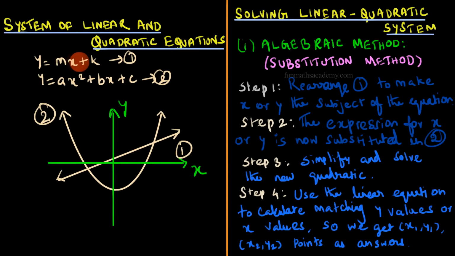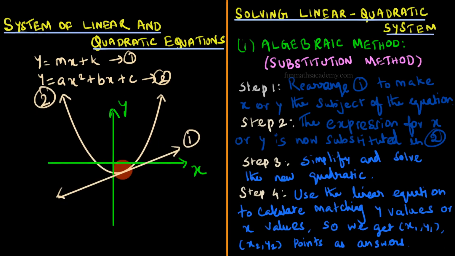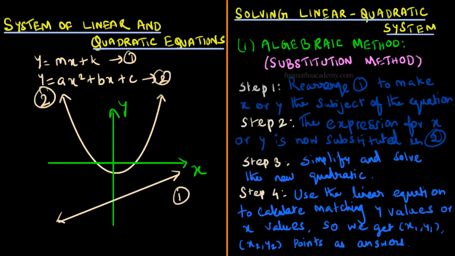In the same way, when we solve a quadratic equation of the simultaneous equation, we get two solutions. And these two solutions denote the points where the parabola and the line meet. In case we get one solution, it means that the parabola and the line meet only at one point. Likewise, if we get no solution, then it means that the parabola and the line don't intersect at all.